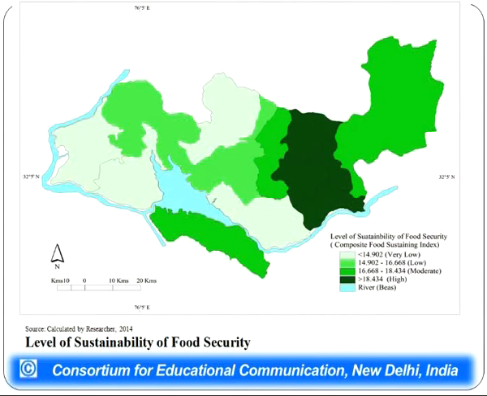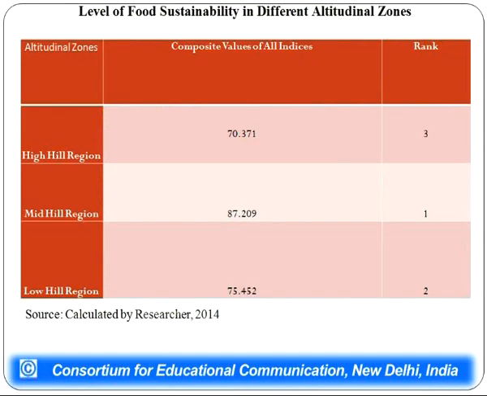in the southern part we have a better situation, high food security availability due to cereal production, but the situation of the high hill region is also better due to other related vegetable production or milk production. So it is not only cereal production that is important, but together with vegetable and fruit production,